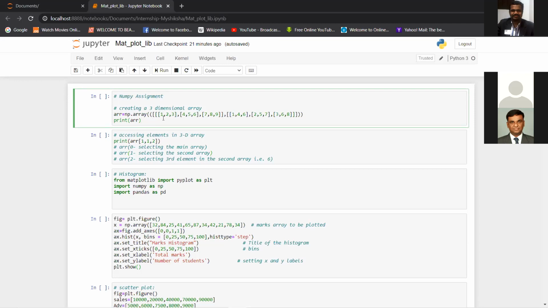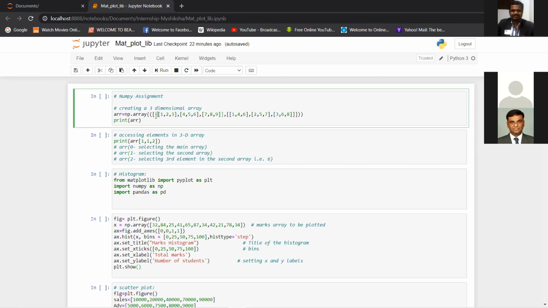Okay, so you see, we use the NumPy dot array function for creating arrays of multiple dimensions. As I mentioned in the class, if you see three opening brackets when you are defining an array, you can say it is a three-dimensional array, because we saw a two-dimensional array had two brackets. So this is a simple basic identification. If you see three brackets at the start, it should be a three-dimensional array.